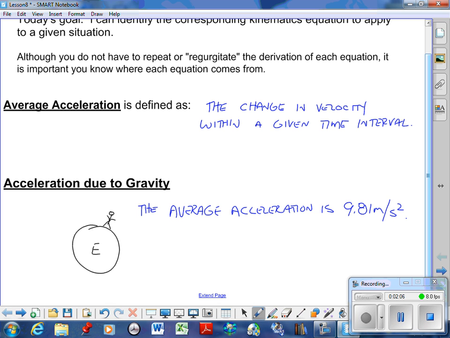So in an ideal world, so that means everything is perfect, or a physics world, so they're interchangeable,